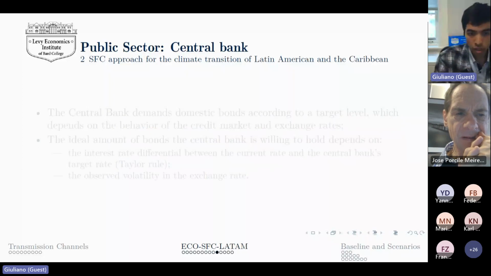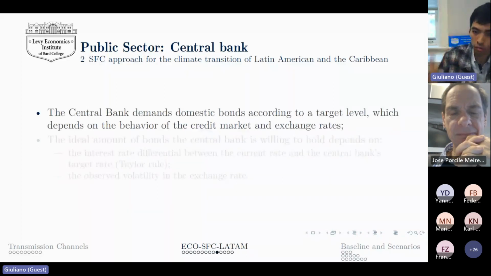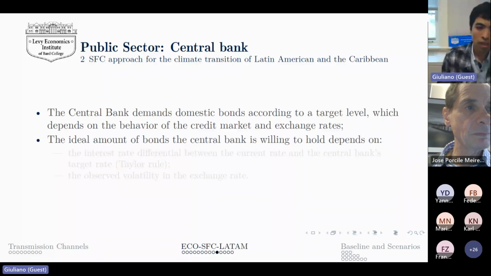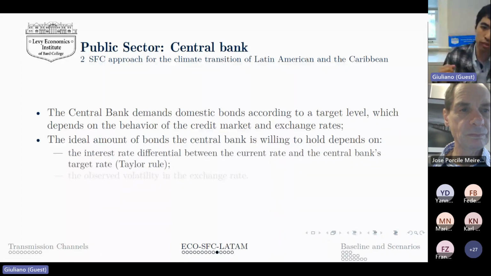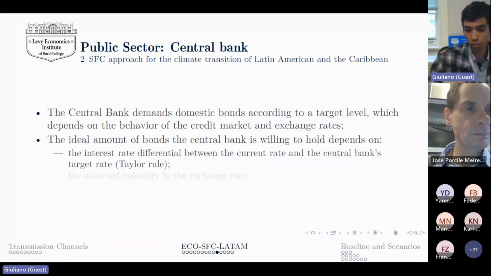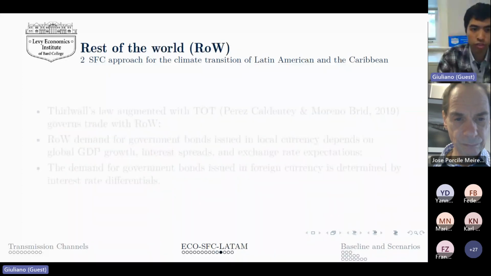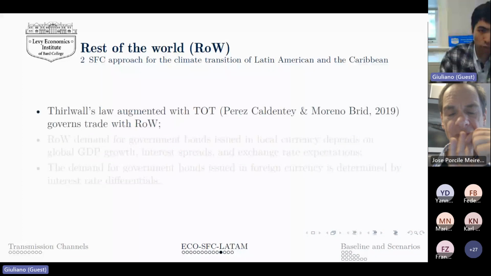in foreign currency. As for the central bank, it does demand the domestic bonds according to a target level, which depends on the behavior of the credit market and exchange rate. And this ideal amount that the central bank is willing to hold will depend mostly on the interest rate differential between the current rate and the central bank target rate, which follows a simple Taylor rule, and the observed volatility in the exchange rate. As for the rest of the world,